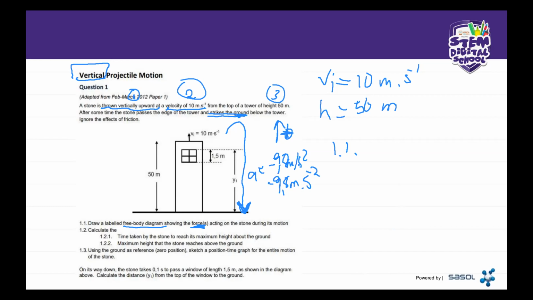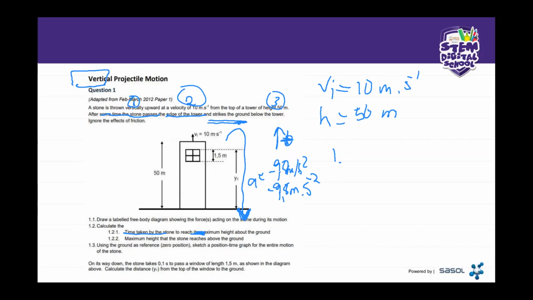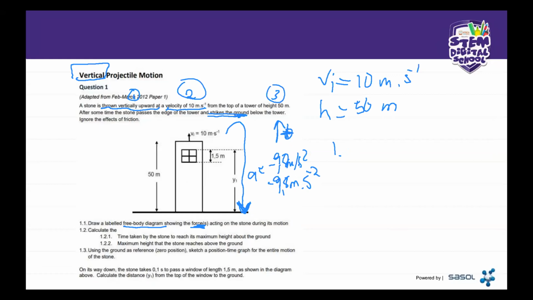So you see how simple it is to get yourself 2 marks for free just by drawing. That's what you need to do. If you draw the sketch alone, you won't get the full 2 marks. You'll only get 1 mark. So it's very important that you understand that in physical sciences, everything that you do needs to be explained. You explain each and everything that you do. You assume that you are writing to somebody who doesn't understand physical sciences. So you need to be able to teach whoever is going to be marking your paper.